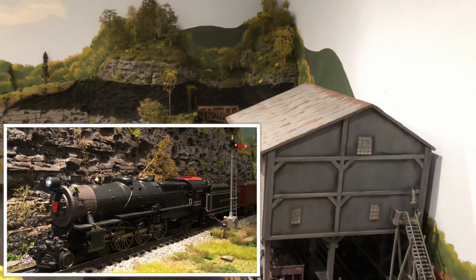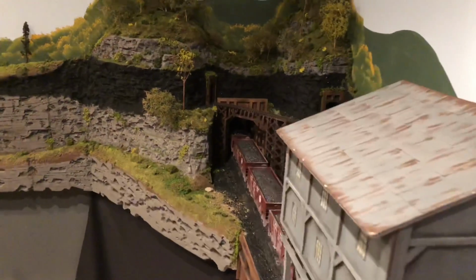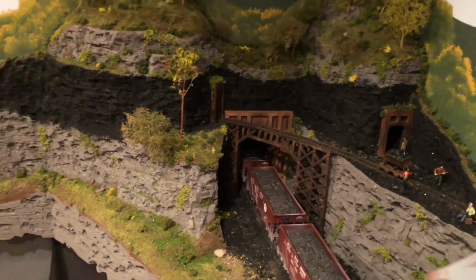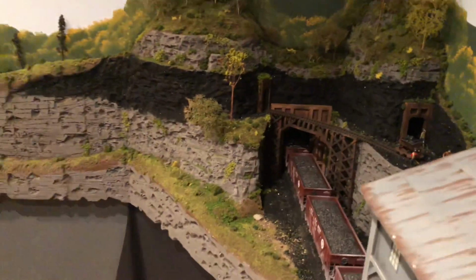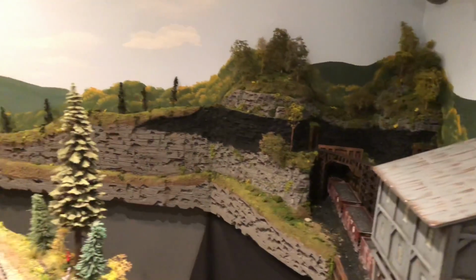I'm actually going to do a video on that, guys. I took a video of it before I sold it. And there's a couple other videos I took of some of these engines before I sold them, so I kind of get one last run at it. And then the last item that I could come up with, that I could recall that I sold, was the